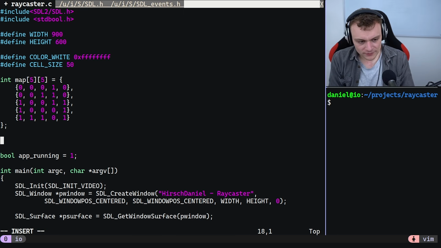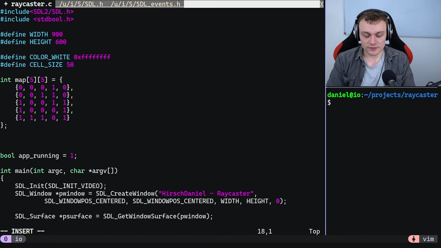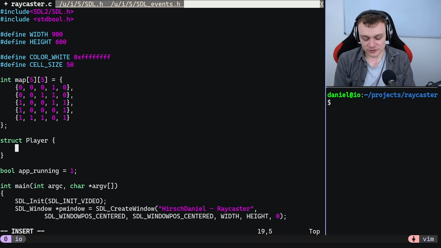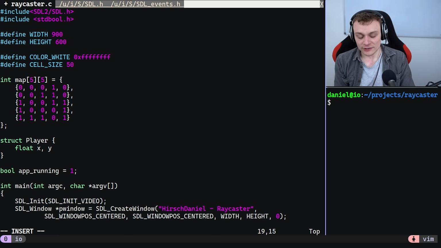Okay, we need to define the player first. So struct player. Why do we need to define the player first? Because this is something that we can do right now without much thinking. The player has an X and a Y coordinate, and he has a field of view,